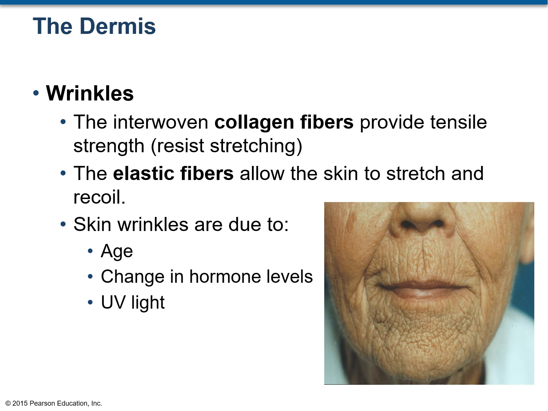Now, skin wrinkles are mainly due to age. Second is a change in hormone levels due to anxiety, stress, whatever, that could cause premature wrinkles, and also exposure to UV light. So those people who have to work for long hours in the sunlight also get wrinkles sooner than those who don't.